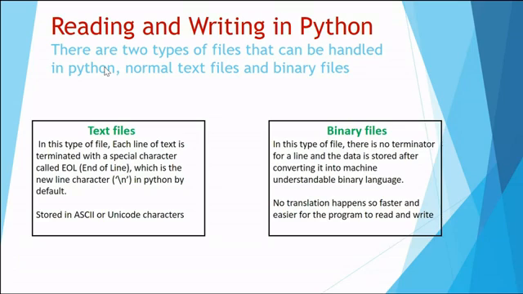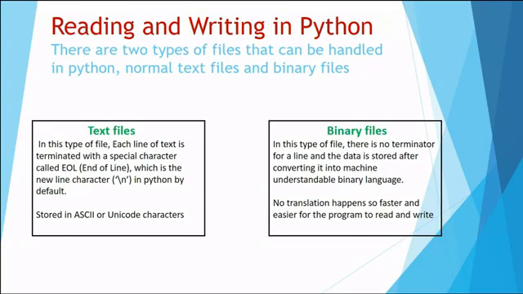Now let us see reading and writing in Python. We discussed last time that we can read and write in normal text files and in binary files also. Text file we saw last time. In a text file, the characters and everything that we write are stored in ASCII or Unicode characters, and each line is ended by \n. Okay. Whereas in binary there is no end of line. \n is not there. Moreover, it is written in binary format, which is not human readable. Moreover, it is faster because there is no conversion from binary to human readable, and vice versa.